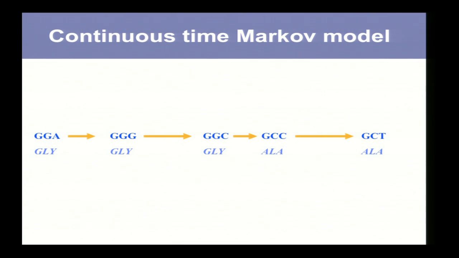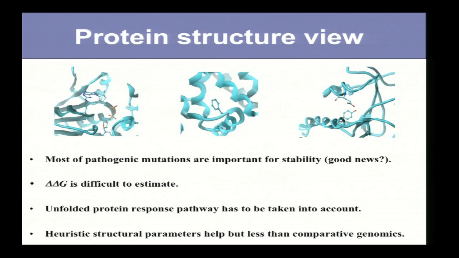And if you think about the tree, you run the stochastic process, and you split it in two along the tree. A very important property of these models is that they converge. If you wait very long, you have stationary probabilities to observe certain amino acids. And what we try to do is estimate those from data. Not very well, and again, there is a huge assumption that these probabilities don't change along the tree.